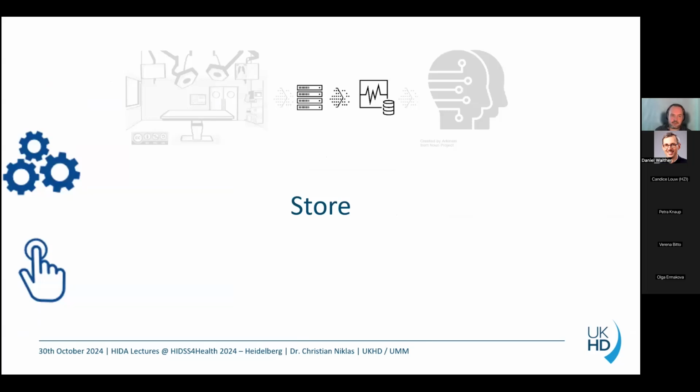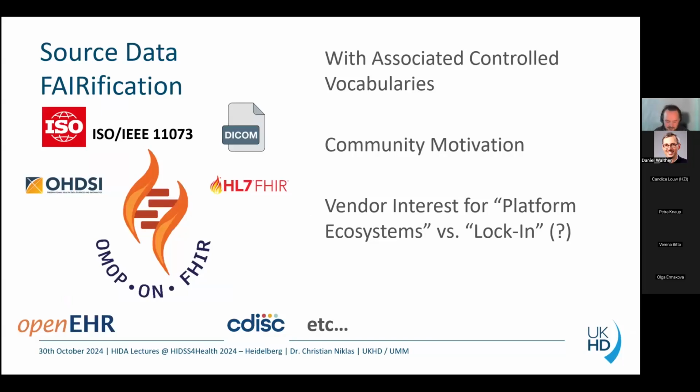So if you have your data and you want to store it, you have to think about how to store it. And you can reach out early and you can try to standardize your data at the source level, so within medical IT at some point. So, for example, for the biomedical signal data, or in general, I would recommend looking into the ISO 11073. A couple of vendors now also bought into this and really mean business. So this can be quite interesting for all people that might be wary about it. HL7 FHIR is integrated in that standard family.